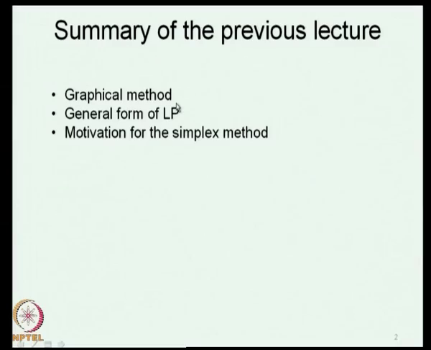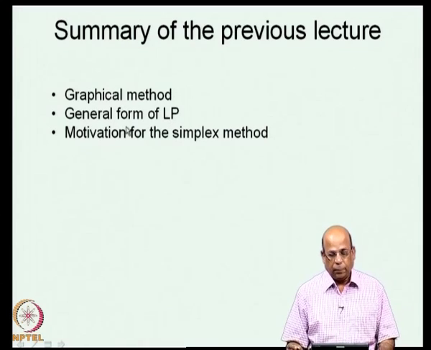Then if a feasible region exists, the feasible region being that particular region in which all the constraints are satisfied. So, this is an intersecting region formed by all the constraints, and because we are talking about non-negative variables x1 greater than or equal to 0, x2 greater than or equal to 0, etc., we are always looking at the solutions in the first quadrant in the graphical solution. So, the graphical method is what we introduced in the previous lecture. Then we also introduced the general form of the LP.